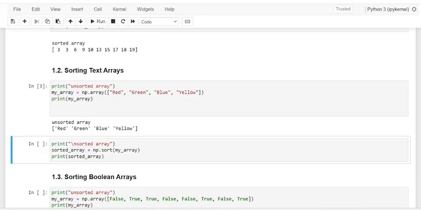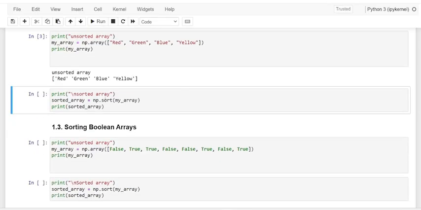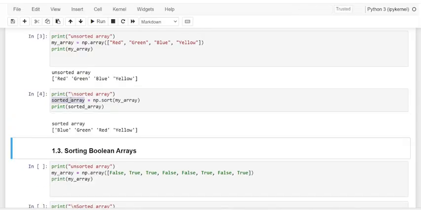It is not so much different. The same np.sort is the exact function, and on passing my_array, which is in an unsorted order as red, green, blue and yellow, we get the sorted array. Observe, dear friends: blue, green, red and yellow. Here is the text in sorted order.